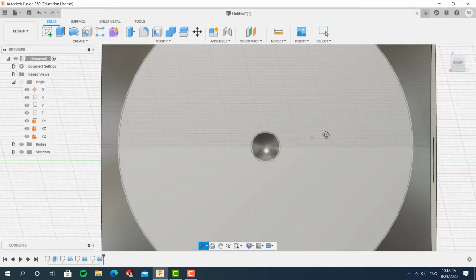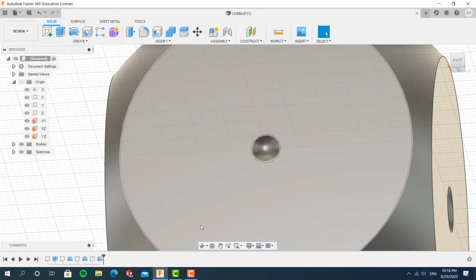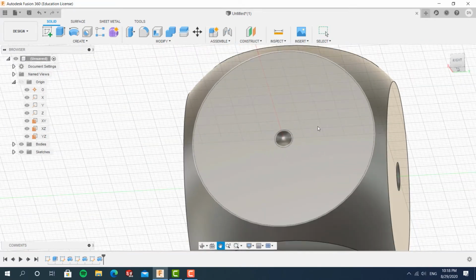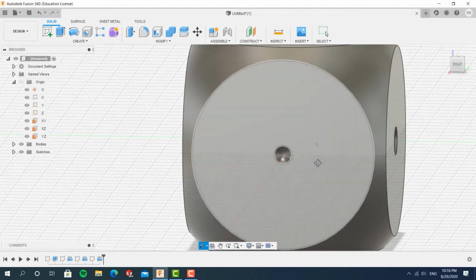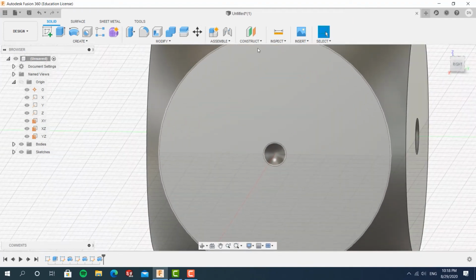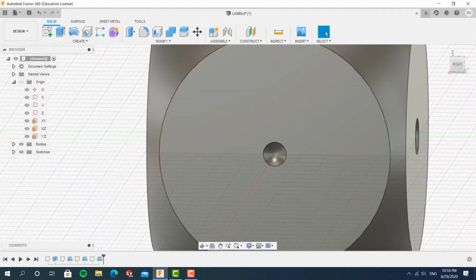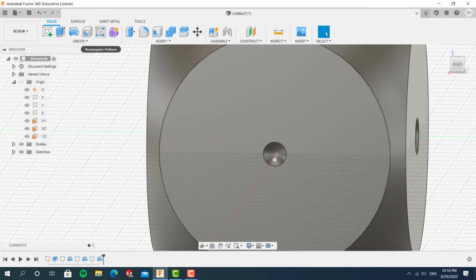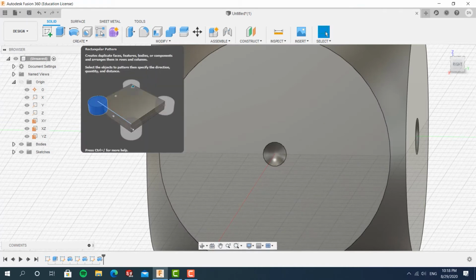Now, because we don't want to draw 2 circles over here, we need to make an extra plane. We need to do a lot of stuff, and that would take a lot of time. We don't want to do that because everyone is lazy and everyone should do things as efficiently as possible. We're just not going to draw new circles and cut new holes. We're going to use a pattern. So